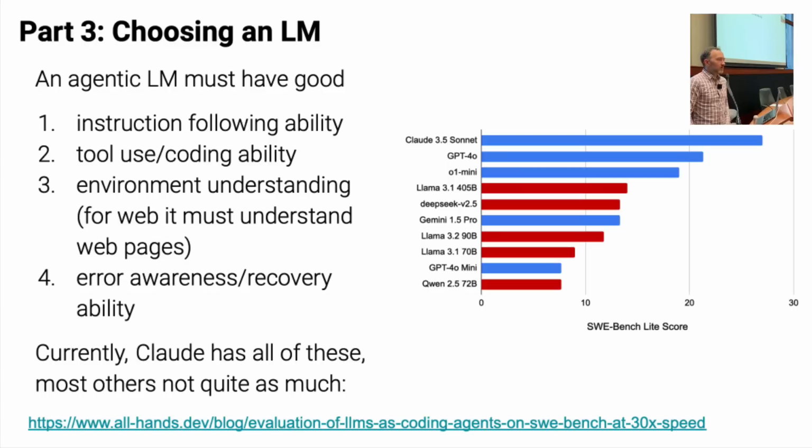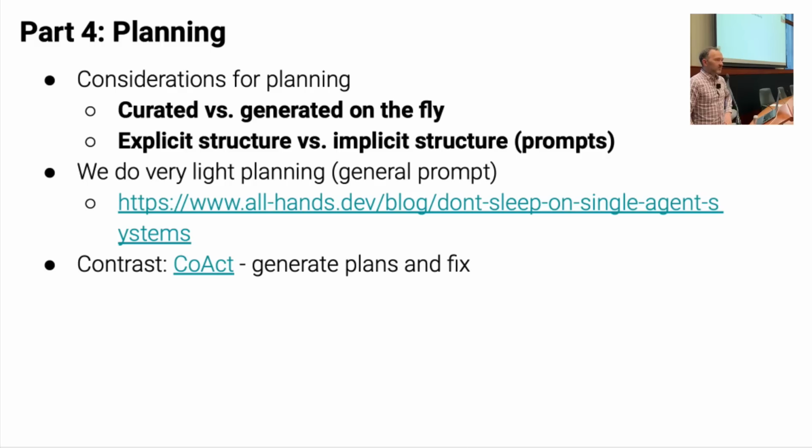And so for solving GitHub issues, you can have an overall plan. Like the plan is, if there's an issue, first write tests to reproduce the issue or to demonstrate the issue. After that, run the tests and make sure they fail. Then go in and fix the issue, run the tests again to make sure they pass, and then you're done. So that's a pretty good workflow for solving coding issues. And you could curate that ahead of time.